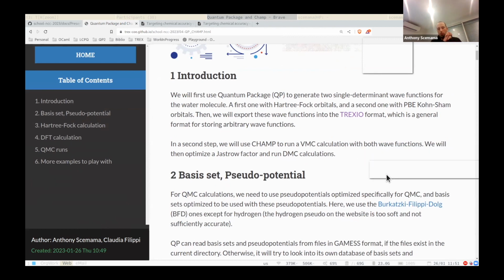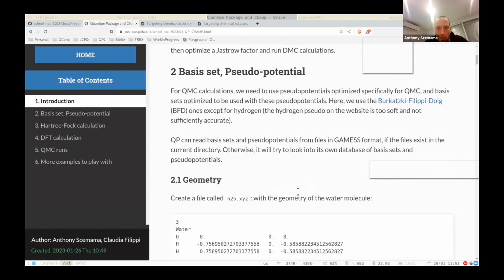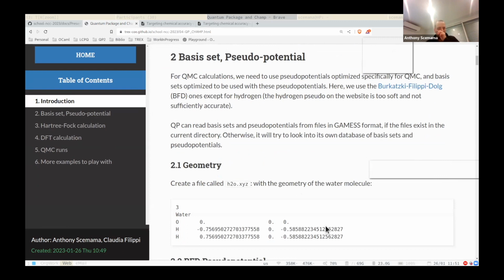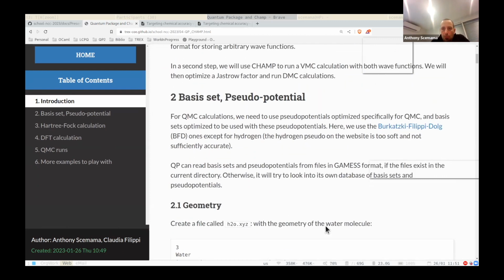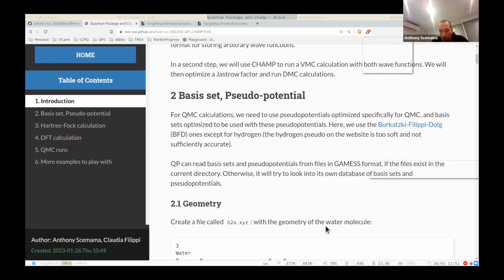We will take the water molecule, the same geometry as before, and we will produce two wave functions: one Hartree-Fock determinant, and also a CASSCF determinant.